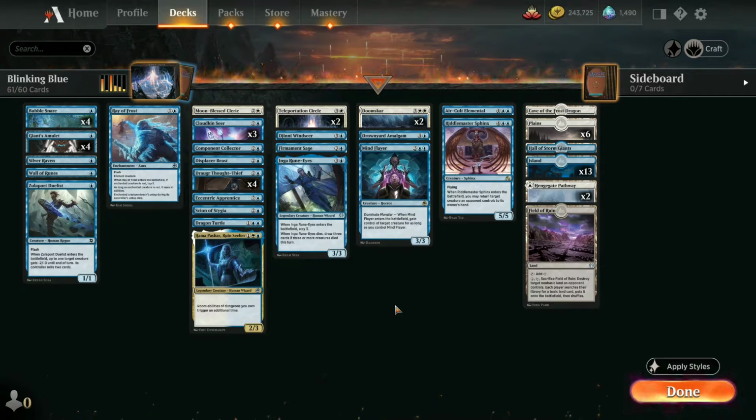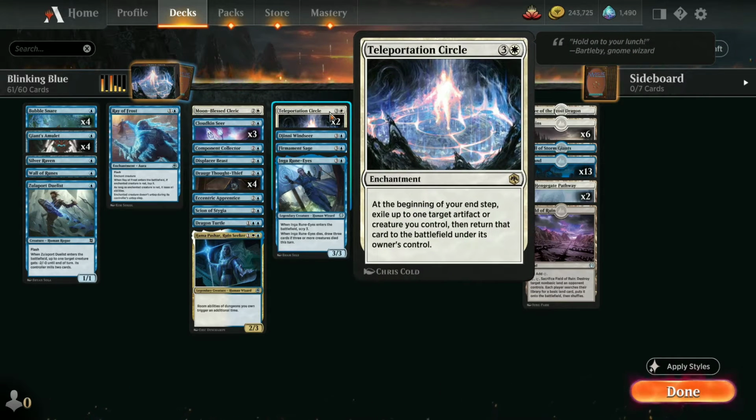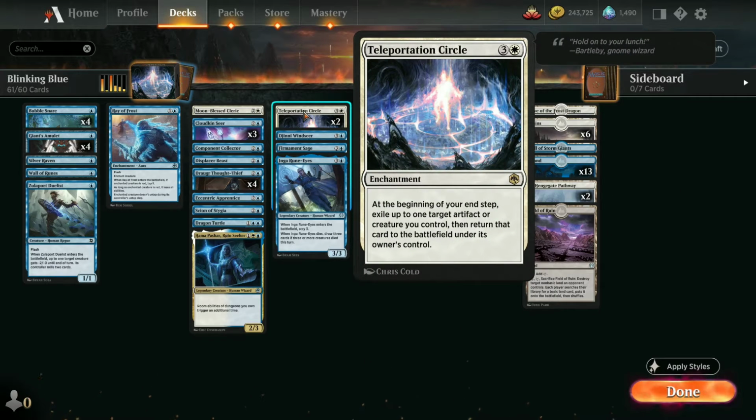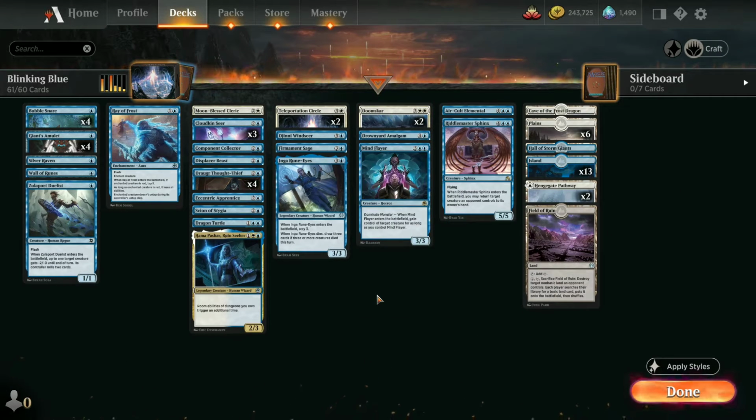And that's the hidden value that Teleportation Circle brings, and that's why when you come up against it, I would advise, out of all the enchantments that you want to get rid of, this is quite possibly one of the first ones you want to get rid of if you've got a choice of things that you need to eliminate